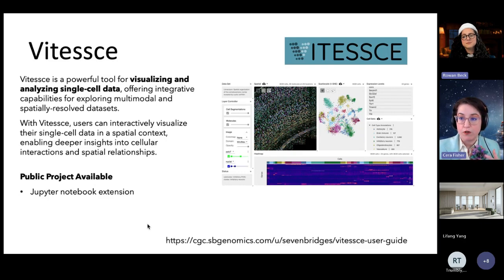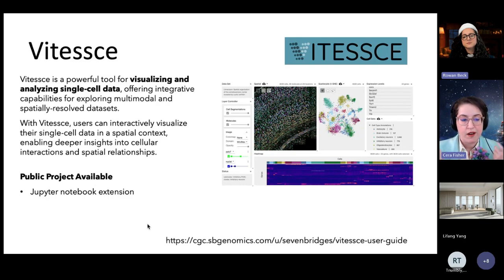That's really useful for the spatial transcriptomics of single cell sequencing, but it doesn't have as much of the interactive component. And Vitess can take some of the outputs of MC Micro and let you interact with it directly in a